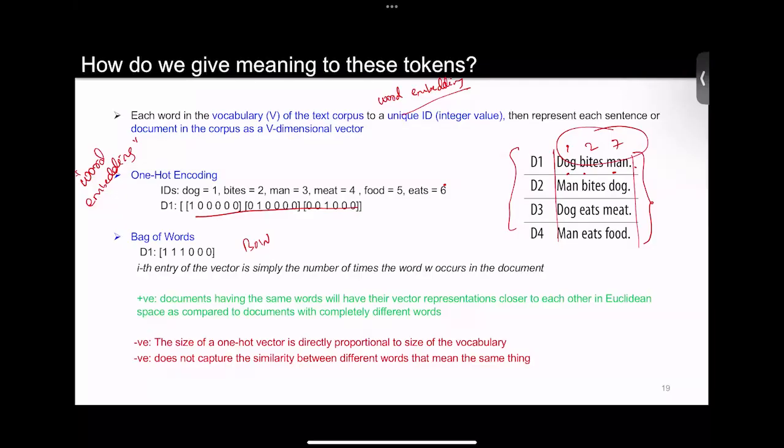But I'm not processing the entire English language. My universe is these four sentences, and these four sentences have only six words. So my dictionary is very simple, six words. Now, D1 would basically count how many times the words in the six-word dictionary appear. For example, dog is the first word in the dictionary. Bite is the second word in the dictionary, so it has a one. So, for example, if the sentence was like dog bites man,